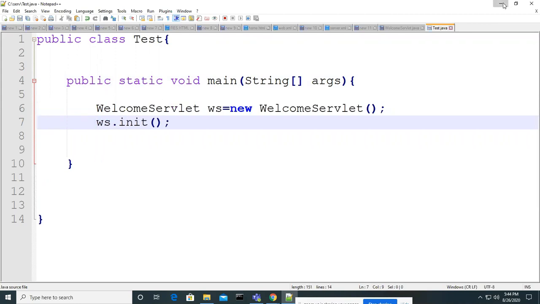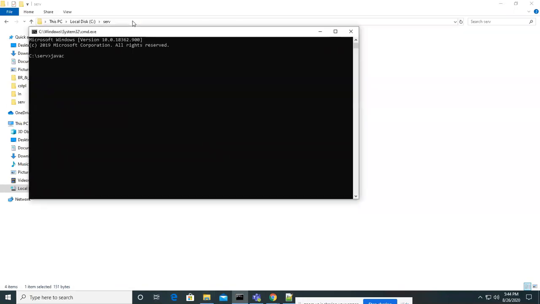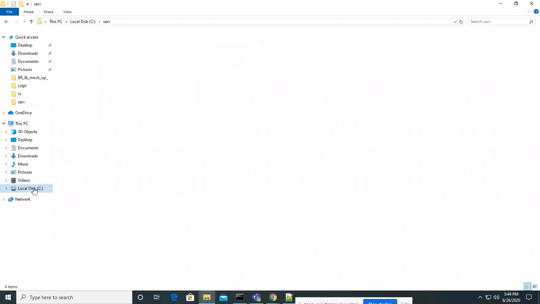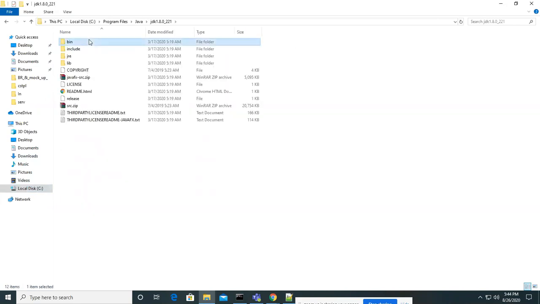Now let's try to compile this code. How to compile this code? javac. It is not recognized here, so what we have to do is set path equal to C:\Program Files where Java is installed.